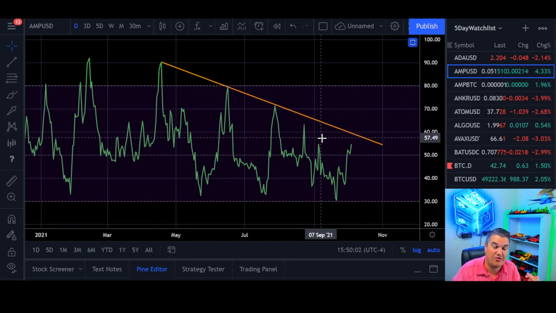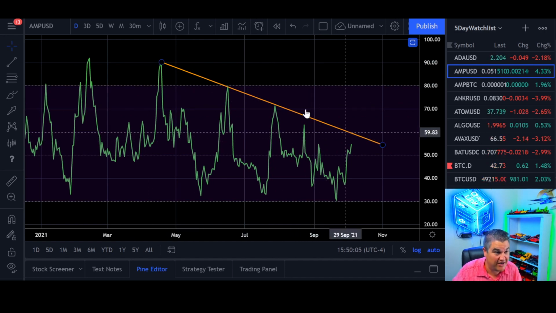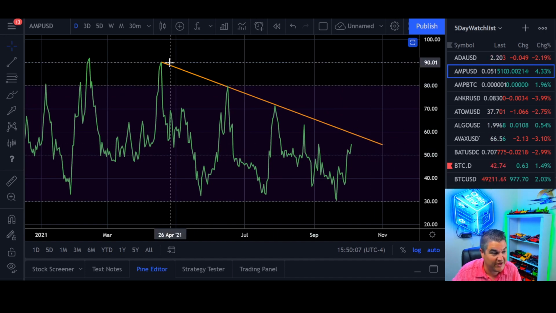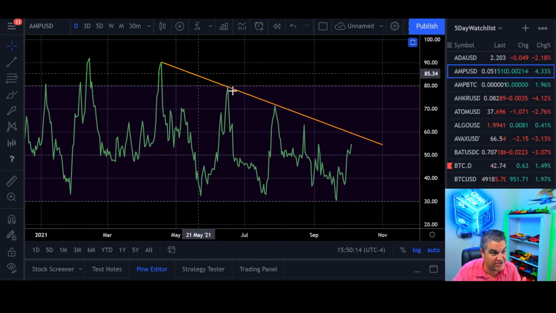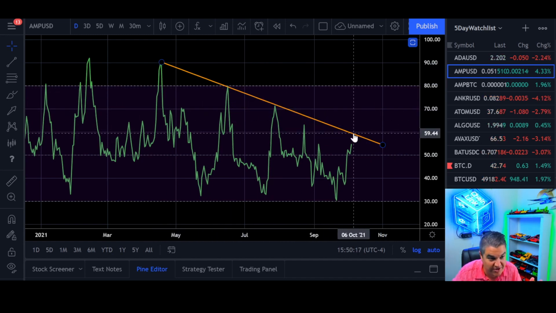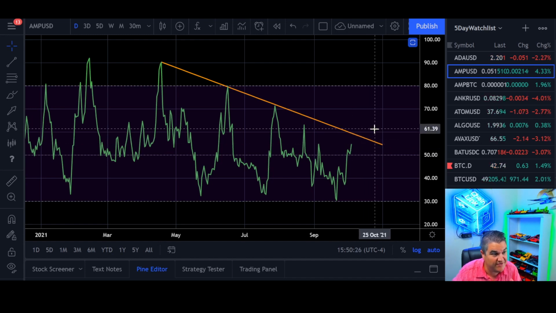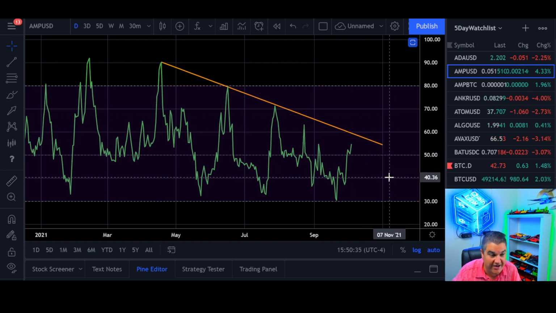What we'd like to see out of AMP to really get moving to the upside is to break this trend. We've been going down since April on the RSI, the Relative Strength Index. To show more strength, you've got to break the downturn. All we have to do is get above roughly 59, depending on when we do it. It could take another couple of days, couple of weeks. But once we're above this and we break this structure, we want to hold this line as support. We want to come up above it, and if we come back, we want to bounce off that line and not come back under it.